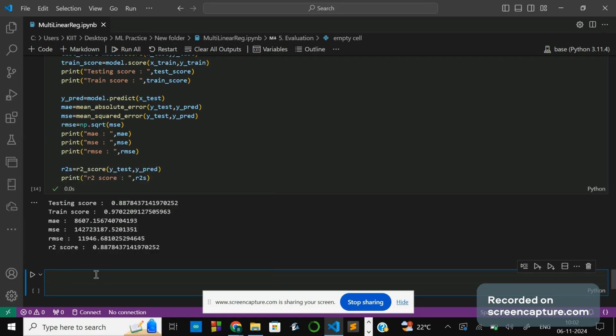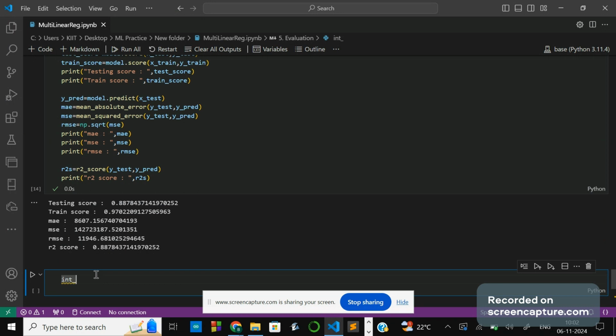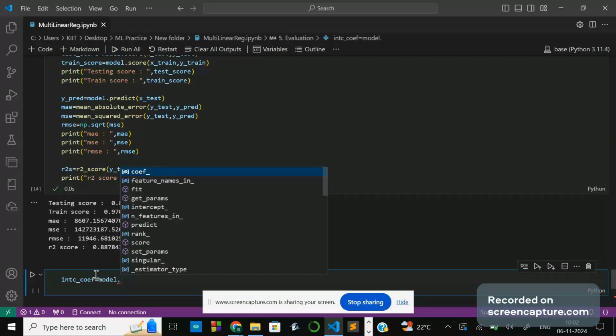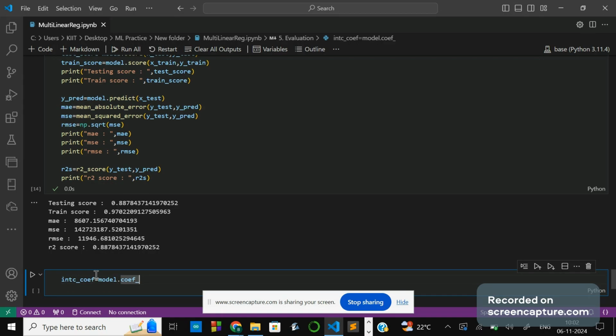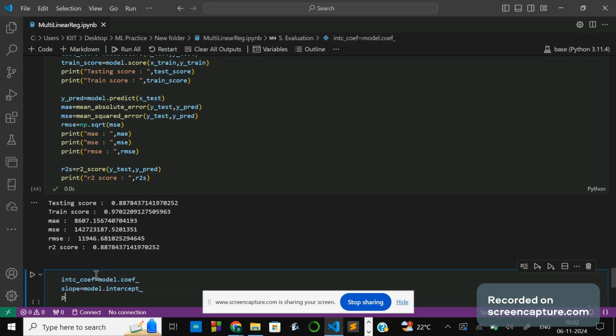So for that, intercept or coefficient, model.coef_, and I will have the slope also. Slope equals model.coef_, intercept equals model.intercept_, print